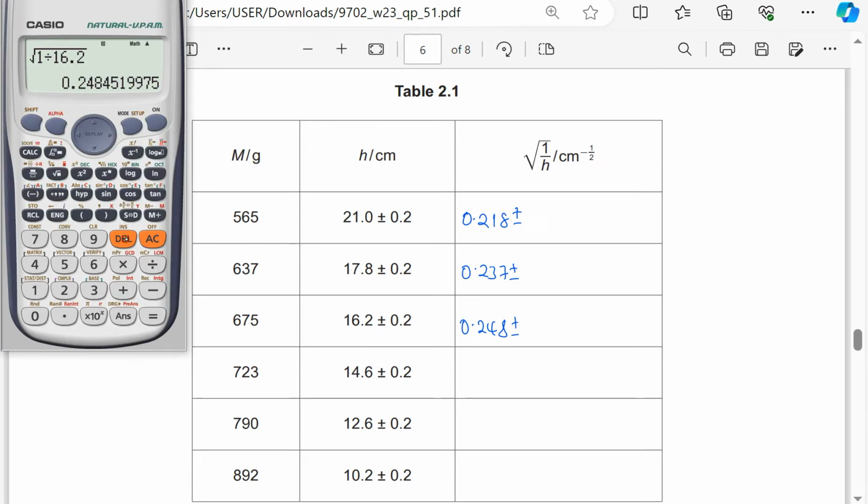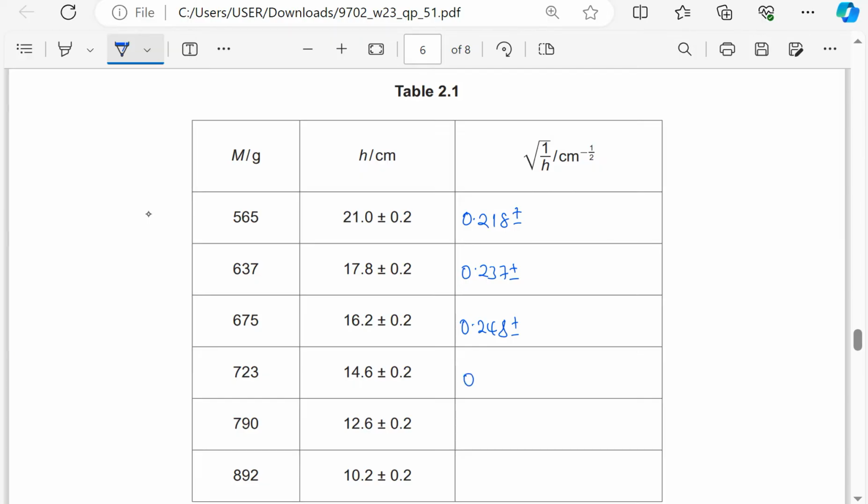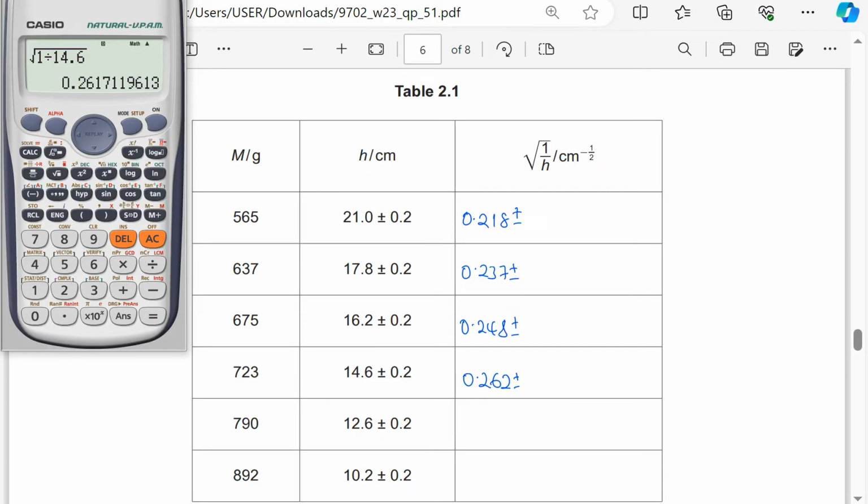The next one is 14.6, which is 0.262, 0.262 plus or minus. Then the next one is